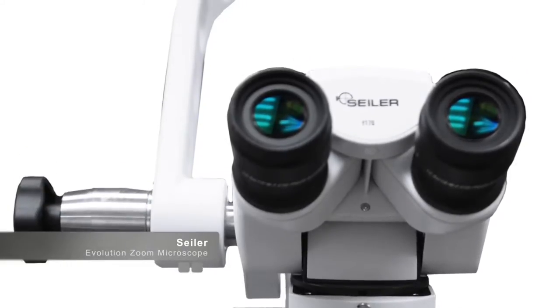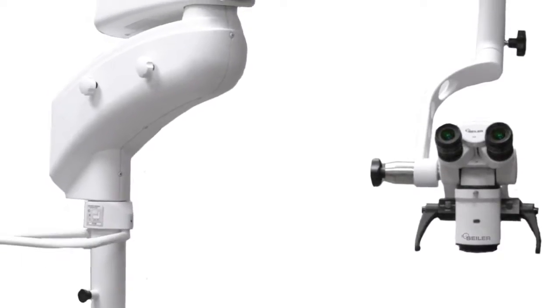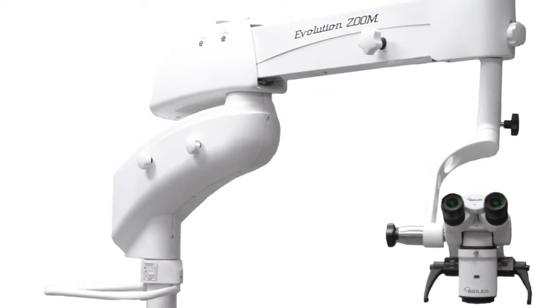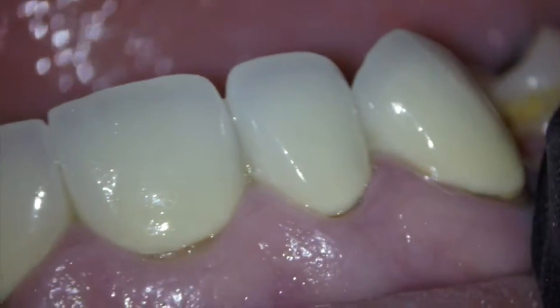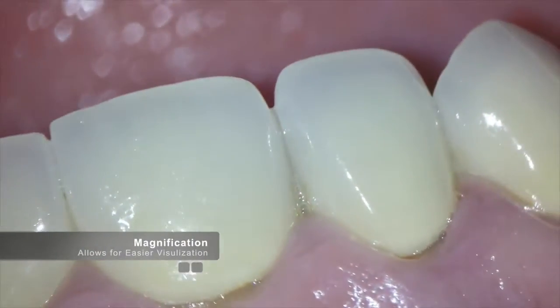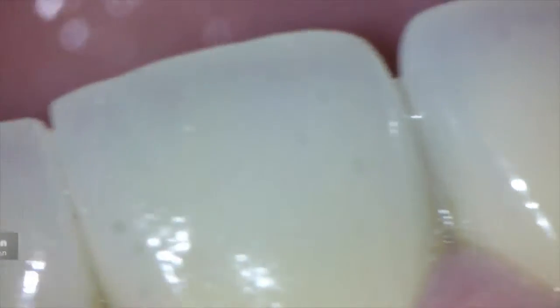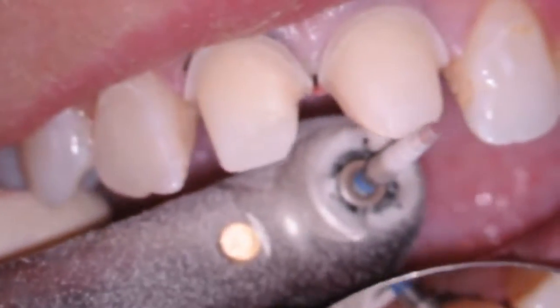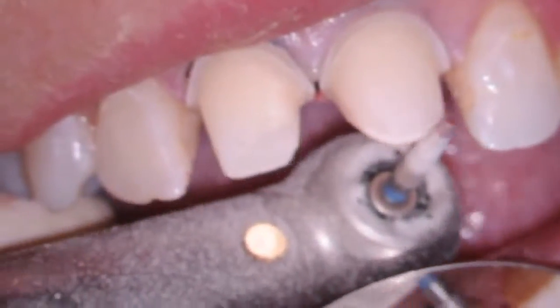I'd like to welcome you to this video where we discuss the benefits of using a microscope to aid in the treatment of our patients. As a longtime Cerec user, one of the most valuable tools that is in our arsenal to create well-fitting restorations is the use of magnification. Magnification allows the Cerec clinician to see all of the things that the bare eye has a difficulty in seeing